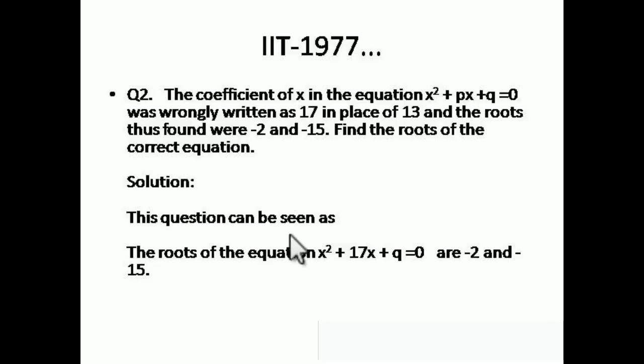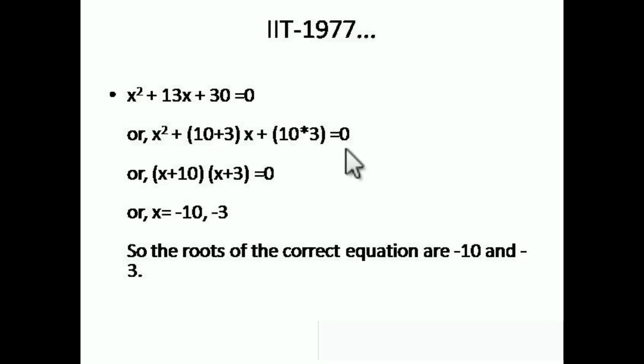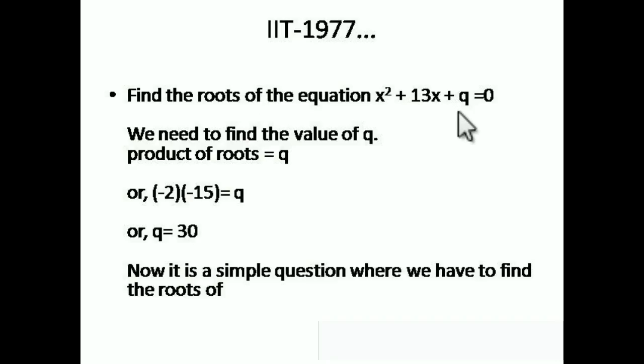The correct equation is x square plus 13x plus q, and we have the roots of the wrong equation, that is x square plus 17x plus q is equal to 0, and the roots are -2 and -15. And what we have to find? We have to find the roots of this equation, x square plus 13x plus q is equal to 0. But for that we must need the value of q, and how are we going to find that? We have these two roots,